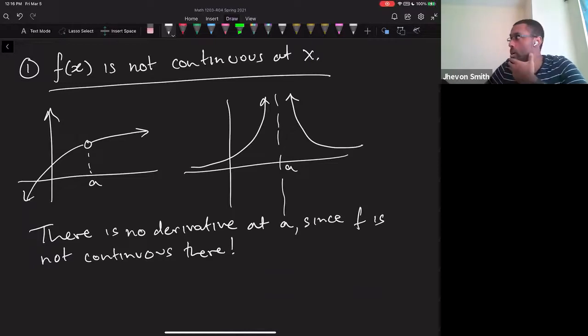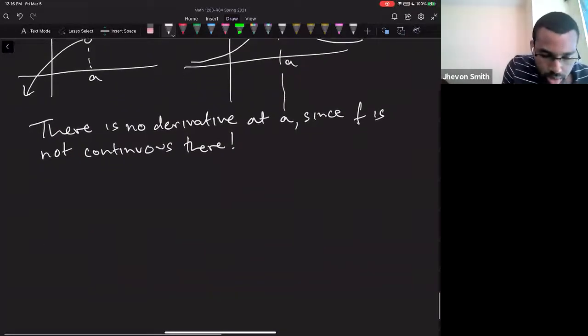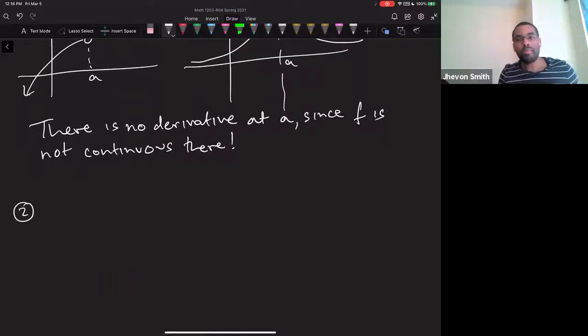So we can know for a function, wherever that function is undefined or not continuous, the limit doesn't exist, the derivative itself is also not going to be there. So if I look at the function y equals 1 over x, I can automatically know that when x equals 0, there is no derivative. Why? Because the function itself is discontinuous at 0. So if someone asks me, what's the derivative at 0? That's a useless question. The answer is there is none, right? So that's one situation. The second situation is